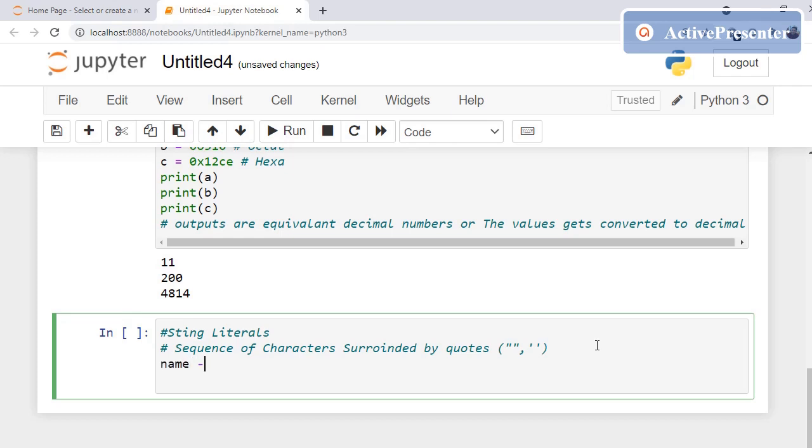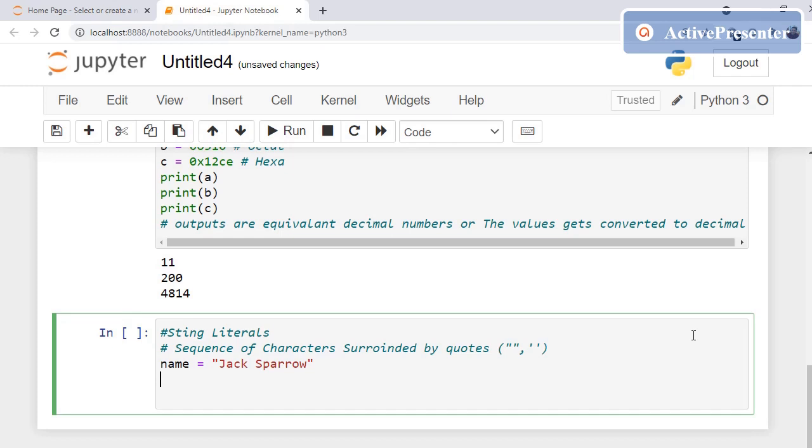So I'll write name equals to, and if I need to store a string here, I have to give a double quote or a single quote, whatever you want. Jack Sparrow, everyone knows who Jack Sparrow is, the pirate.